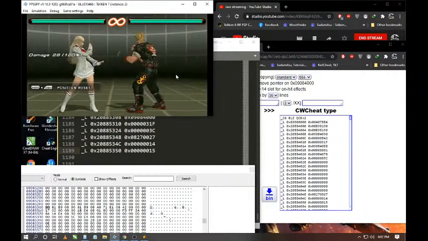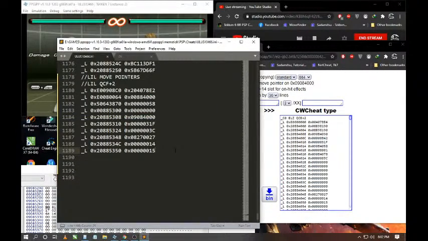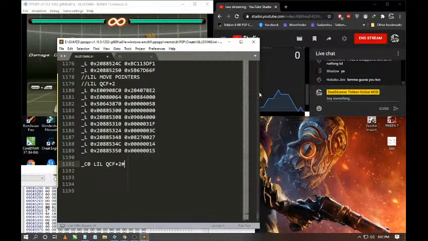But how are we going to apply it? We didn't even write the reaction here. So we basically write another code here. This time we don't write these, we go underscore C0 and name the code Lily QCF plus 2 hash. The hash is just to be safe from any conflict. We don't need this anymore, so we can just leave it. After that you can write the condition 0 at C0,